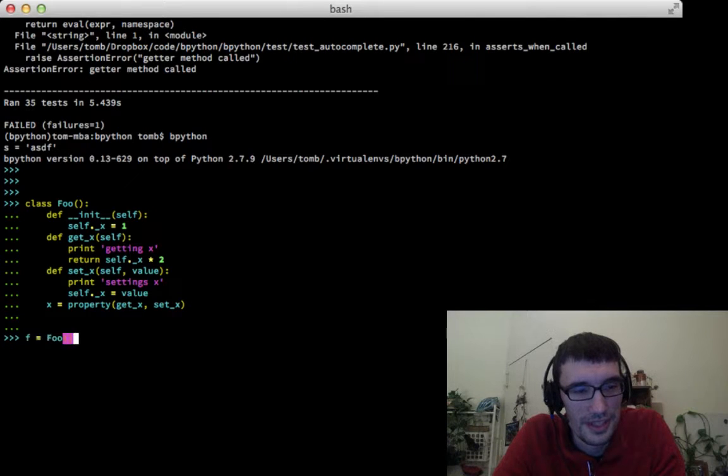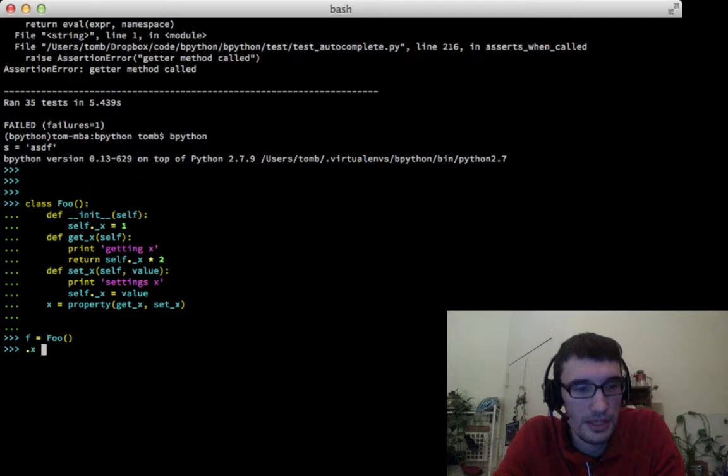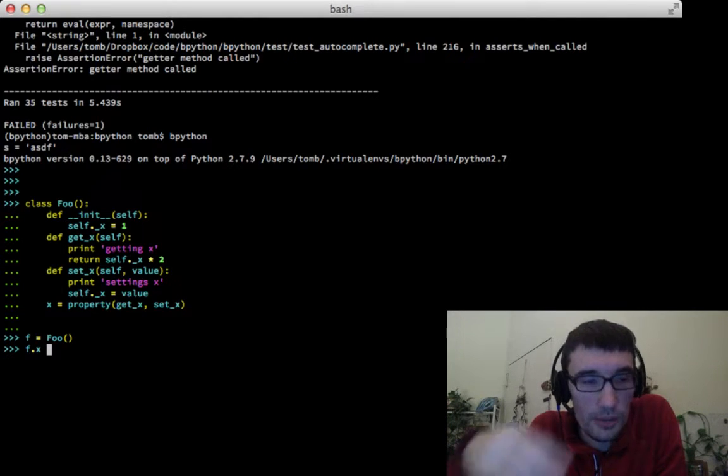I can do this: f.x space f end. Great. If we have this, when I run this code, which is the thing I'd need to do in our tab completion just to find out if it's callable or not,